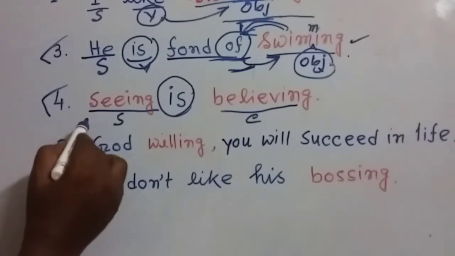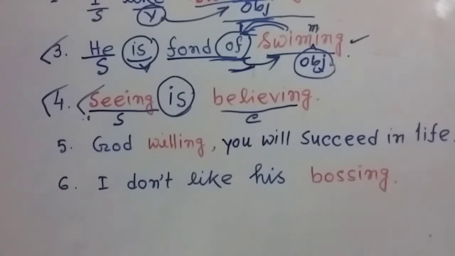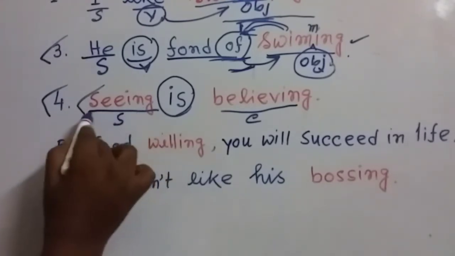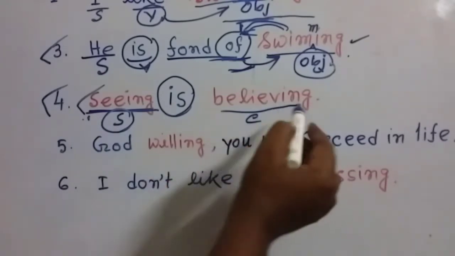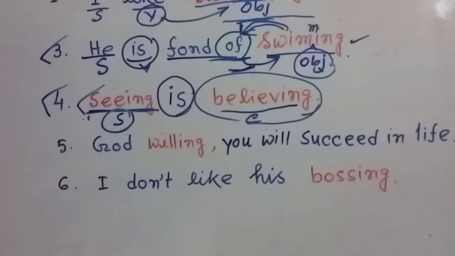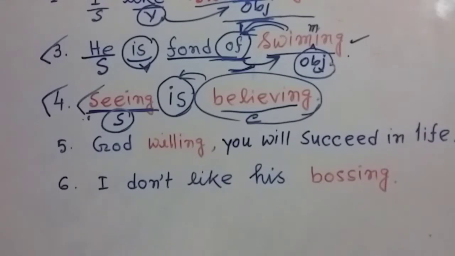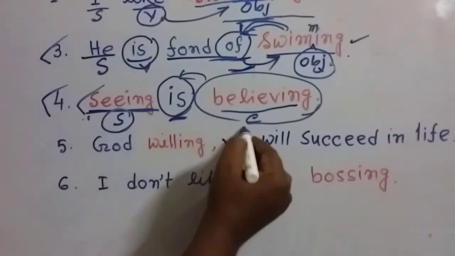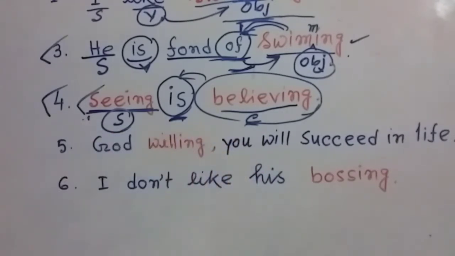So my dear friends, in this section we have discussed this part here. In question number 1 we have discussed it. That means the gerund may be used as a subject of the sentence. We have already discussed it. Here you can see, my dear friends, we have used this gerund as a complement of this verb. That means the gerund may be used as a complement of the verb. This is the complement of this verb here. My dear friends, these are the basic usages.